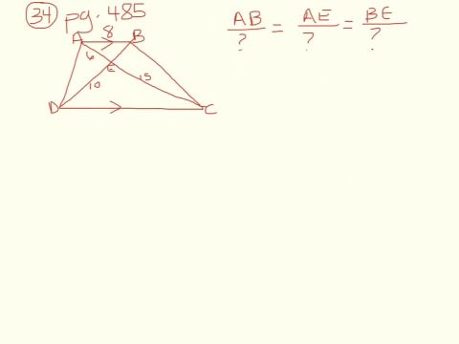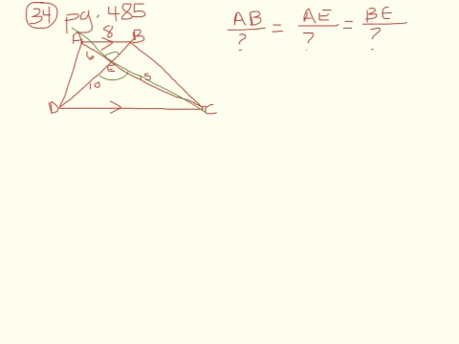Okay, on number 34 on page 485, we're supposed to fill in this proportionality statement. And first thing I need to do is figure out which triangles are similar to each other. And I know that AB and DC are parallel to each other because those have arrows on those lines. And I know that AEB and DEC are vertical angles, which means those two are congruent to each other. So because I've got parallel lines, and then I've got this transversal that cuts those parallel lines, AC is a transversal, then that makes